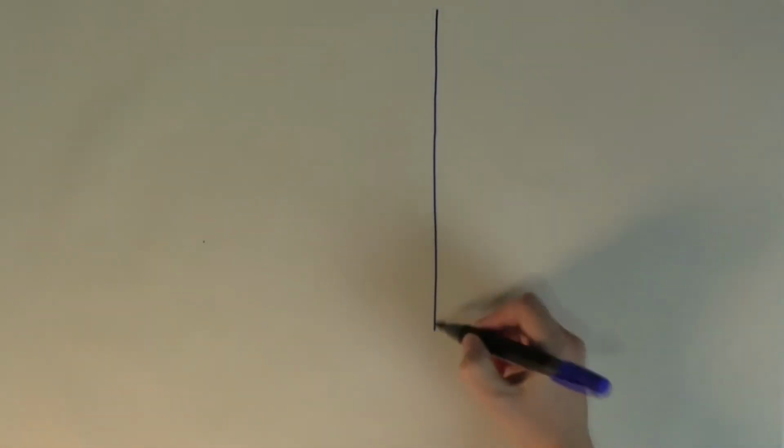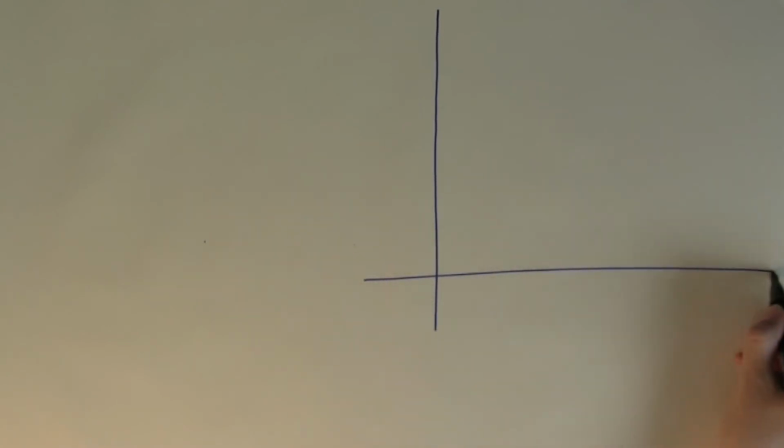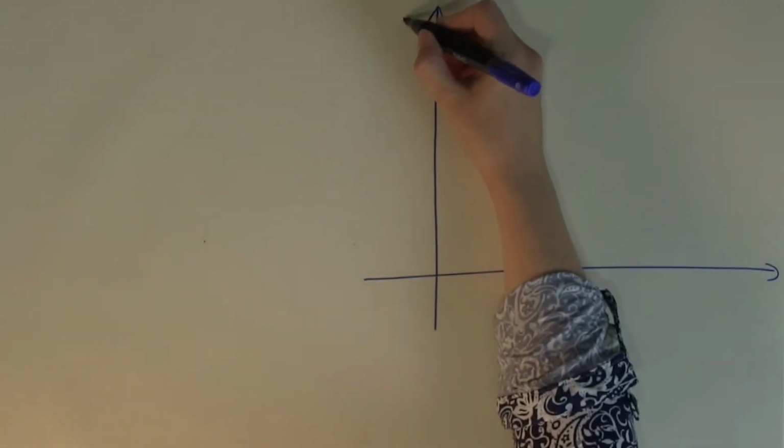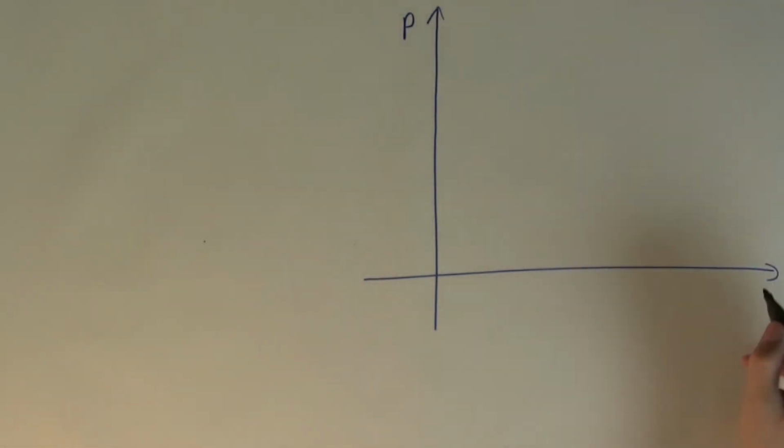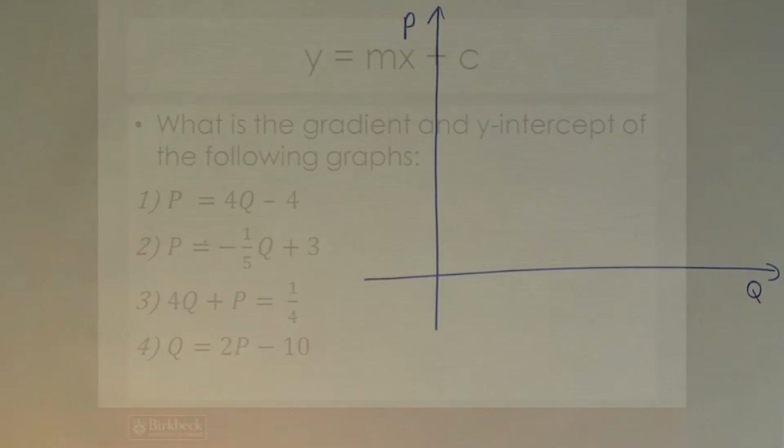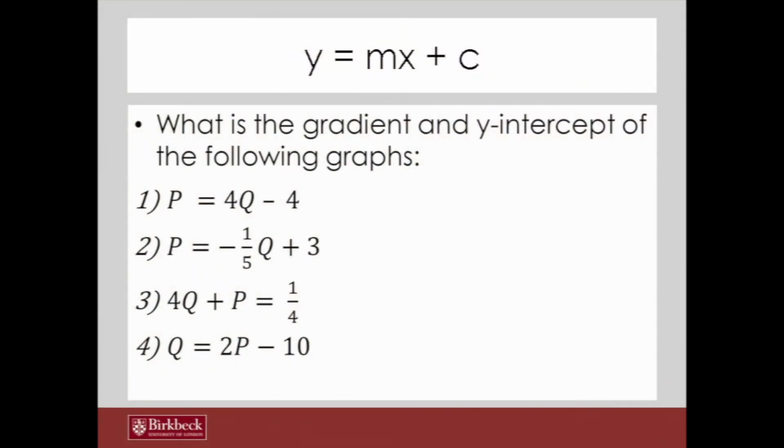So what we need to remember is that in the case of the demand function, what is the x coordinate and what is the y coordinate? Well, the general practice is that the y coordinate is always the price and the x coordinate is always the quantity. So if I look at the example,